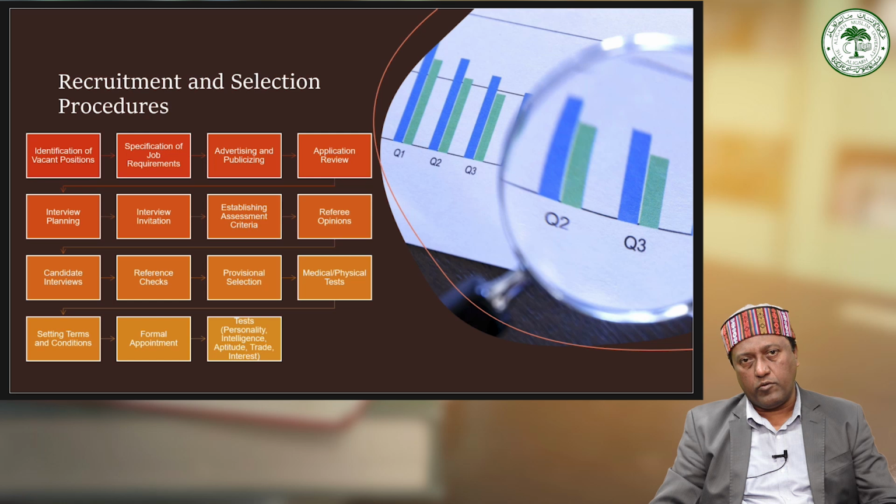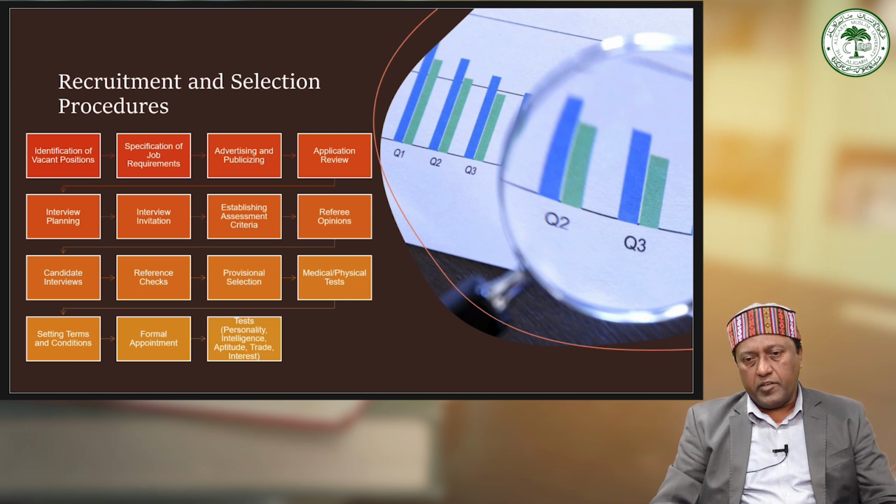a last step where the board, or you can say the team, interacts with the candidate before recruitment. There is a last process where, across the table, you can see how much the candidate knows and what his skills are. Probably the skills have been tested, because of the trade test, skill test, personality test, all those tests have been conducted, and finally you sit across the table to see the real depth and real worth of the candidate, because that is normally the last step of the selection process. So,